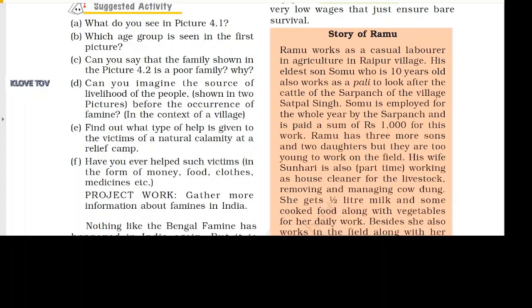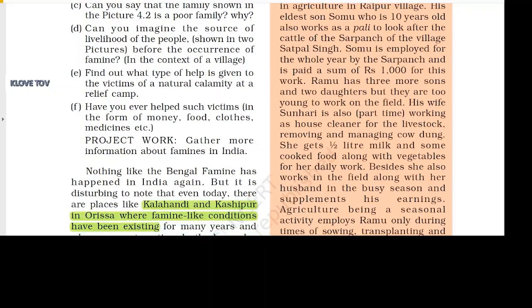Ramu works as a casual laborer in agriculture in Raipur village. His eldest son, Somu, who is 10 years old, also works as a pali to look after the cattle of the Sarpanch of the village, Satpal Singh. Somu is employed for the whole year by the Sarpanch and is paid a sum of rupees 1000 for this work. Ramu has three more sons and two daughters, but they are too young to work in the field. His wife,